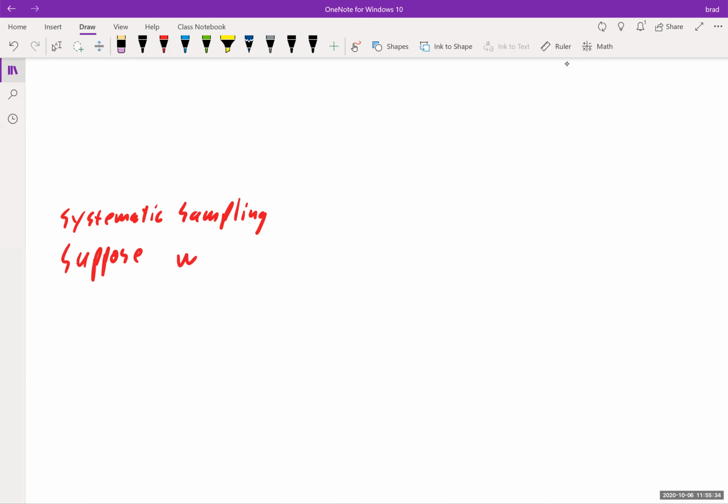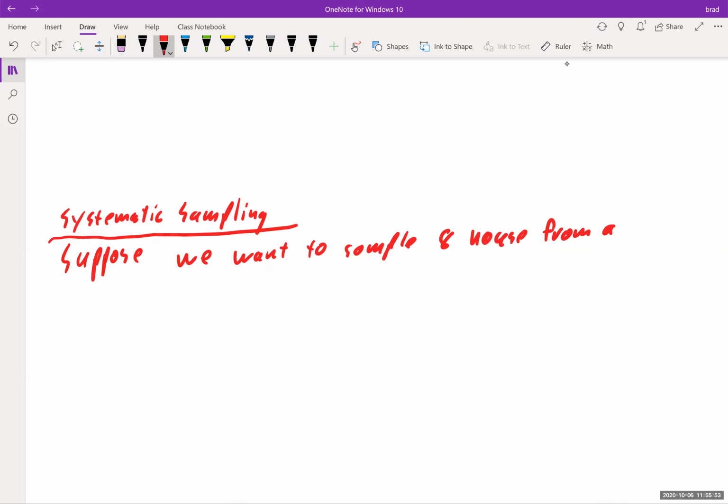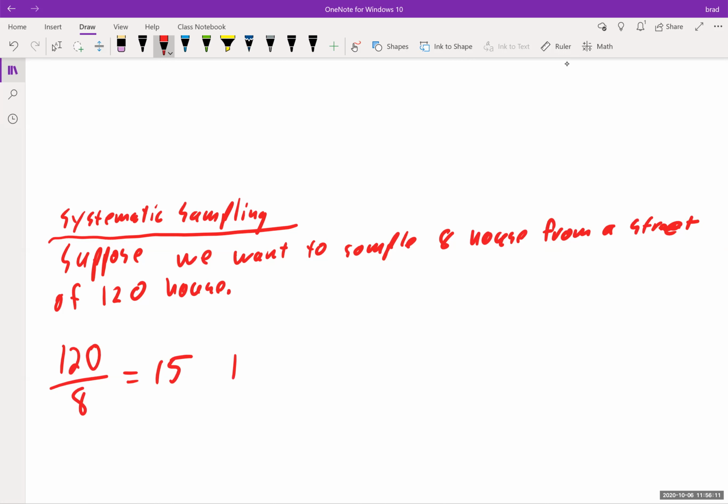we want to sample 8 houses from a street of 120. Okay, houses. So what I'm going to do is 120 divided by 8, and I'm going to get 15. So what I'm going to do now is